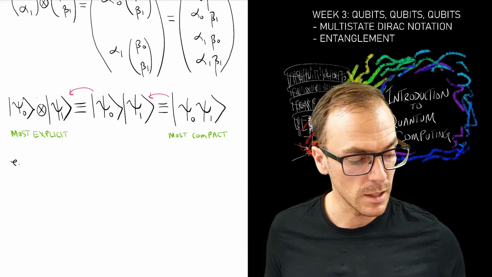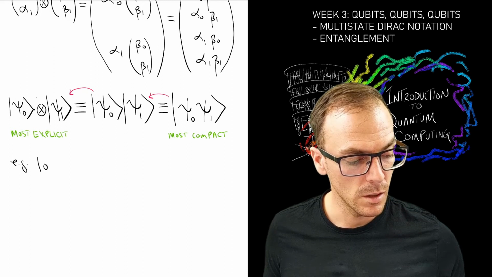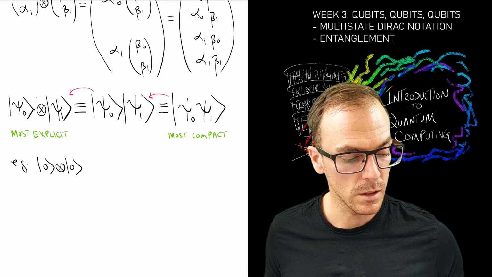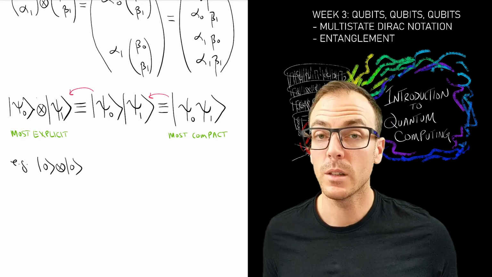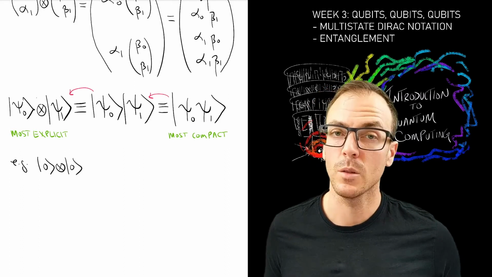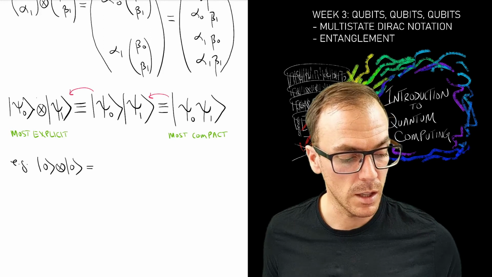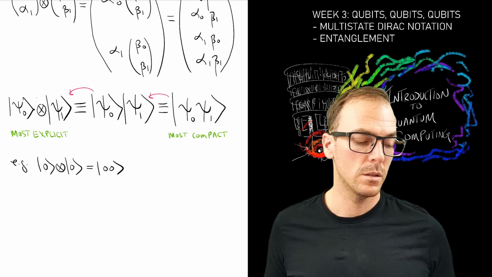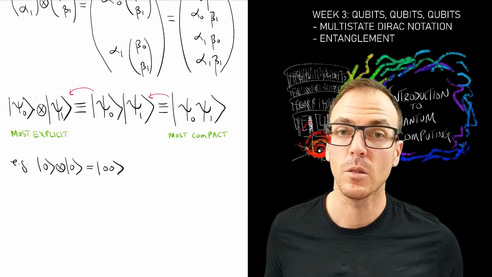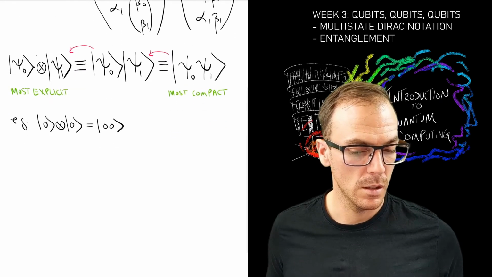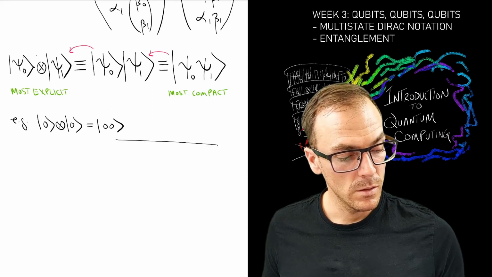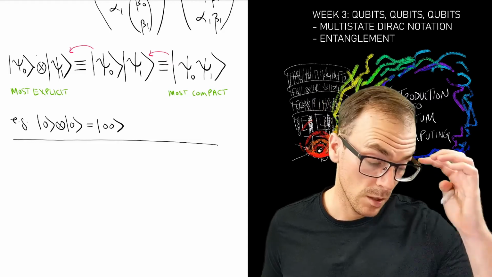So as an example, if I have qubit 1 in state computational basis 0, qubit 2 in computational basis 0, then that almost always gets written as the ket 0, 0. And so this is why